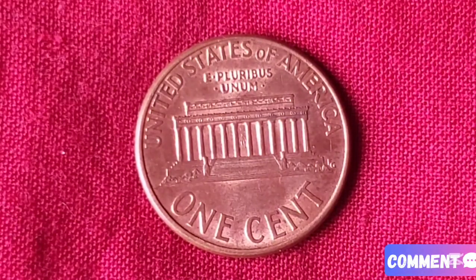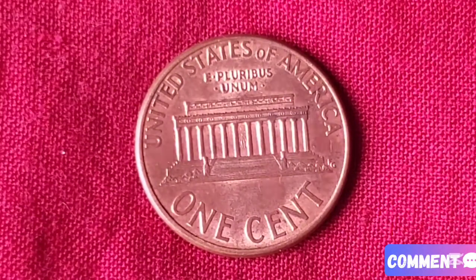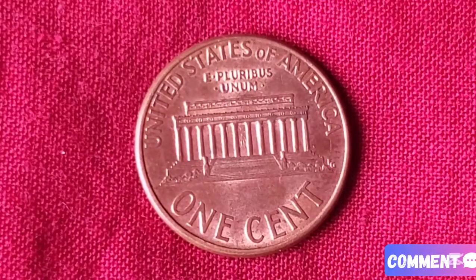Rarity and value of the 1998 Lincoln Cent. The value of a 1998 Lincoln Cent depends on its condition, grade, and whether it has a rare variety or error. Circulated condition, worn coins: face value, $0.01; slightly better condition, 2 cents to $0.05. Since over 10 billion pennies were produced in 1998, regular circulated coins hold little extra value unless they have an error. Uncirculated condition, high-grade coins, MS-60 to MS-64: 25 cents to $1. MS-65, nice luster: